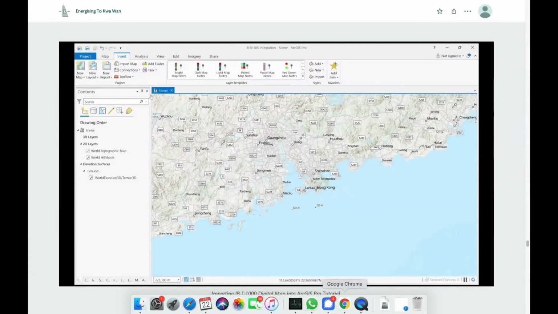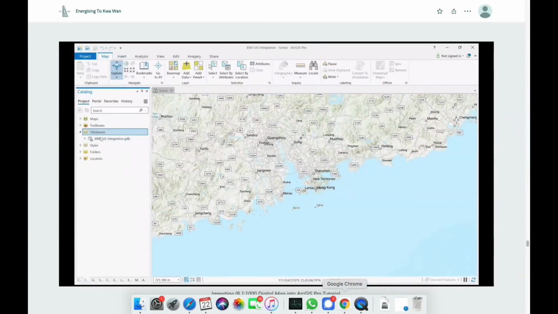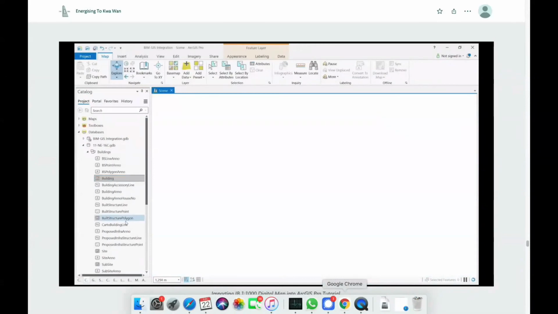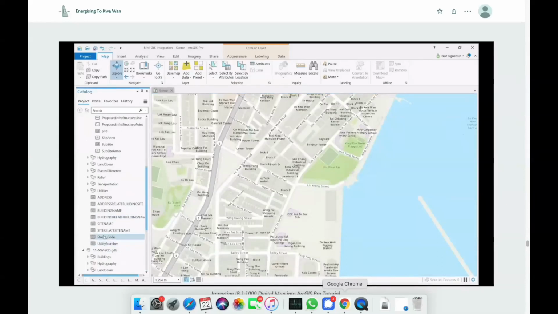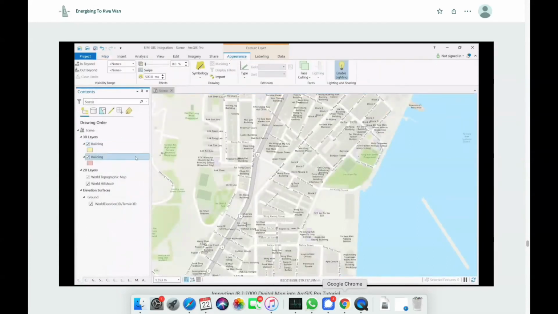To import these data, we need to first connect the databases. So just right click to connect them, and then as you can see, we now have access to the data in the folder. It's a very intuitive design: we just drag and drop, and the data will be imported into ArcGIS Pro. Same for the next one. Let's go to the geodatabase and select the corresponding building shapes. Drag and drop, and there they are.